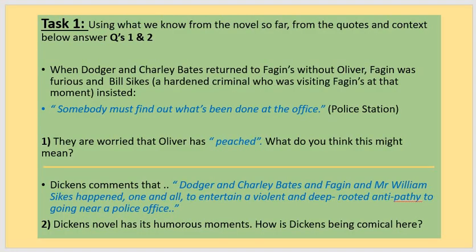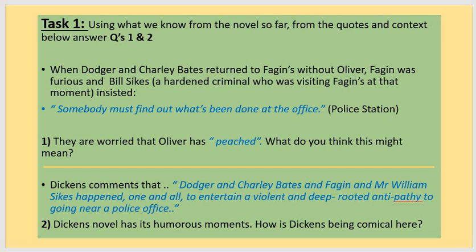So the first task I'd like you to do is to answer the following two questions. Now I've broken them up with a little yellow line that you'll see within the green box here. So your question one, your task one is using what we know from the novel, from quotes that we've read and the context below. So in the context of the two extracts and information that is below, please answer question 1 and 2. So for question 1,